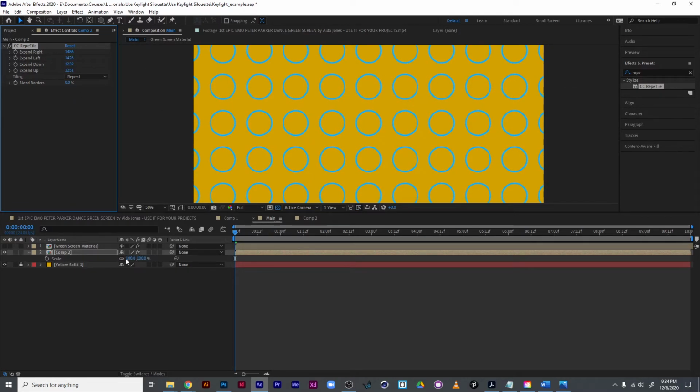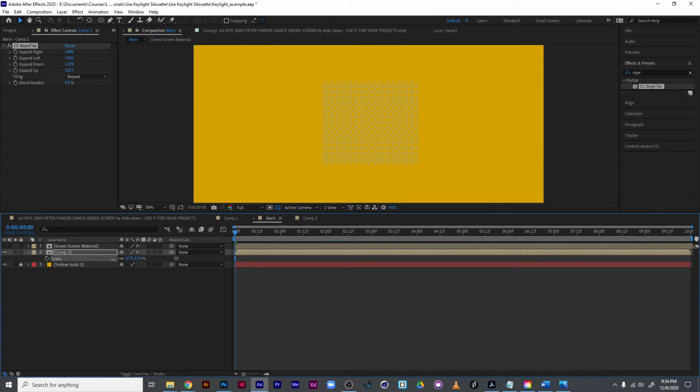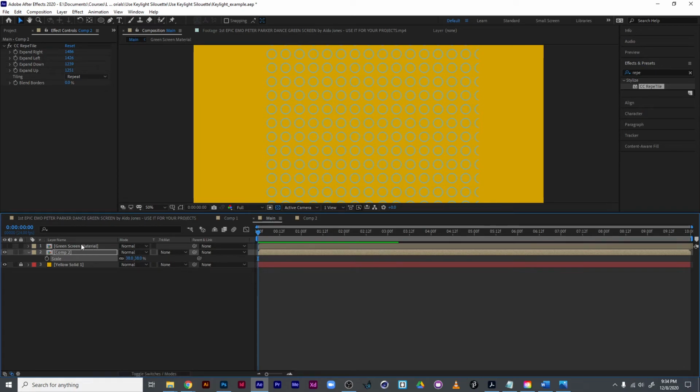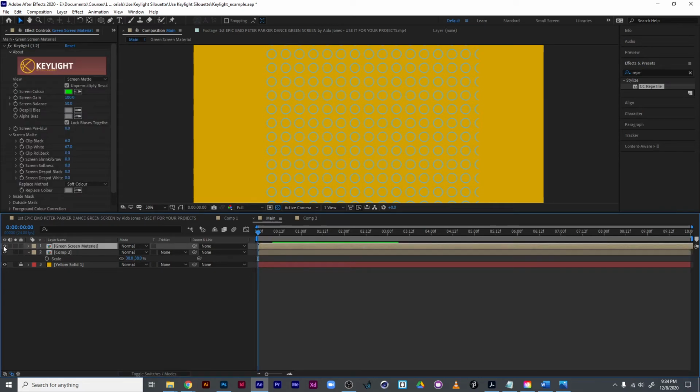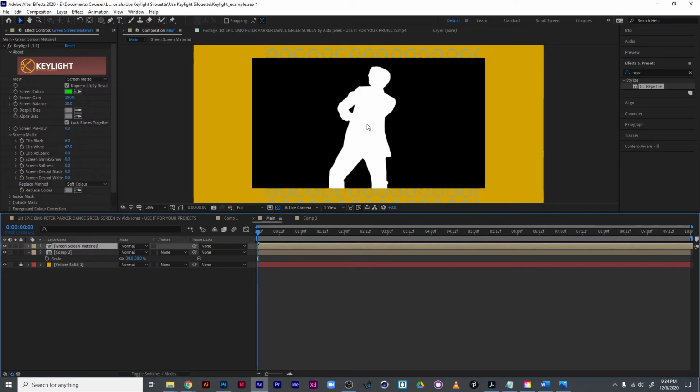And we can come back and shrink down our whole image. Let's get it to be something like that. And when we're looking at this, we'll see the scale up and down. So we've created a gridded pattern. And now let's use the track matte. So we're going to go to toggle switches and modes, and we're going to use this top layer that we've created as a matte for our